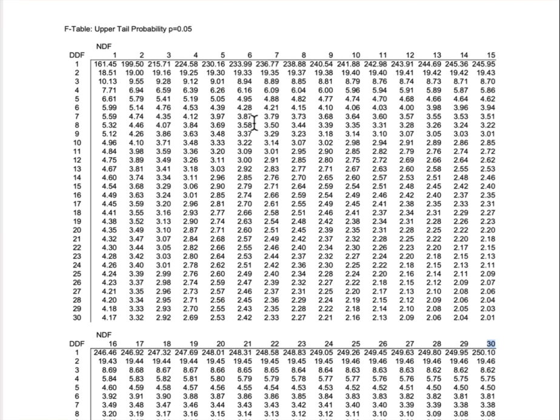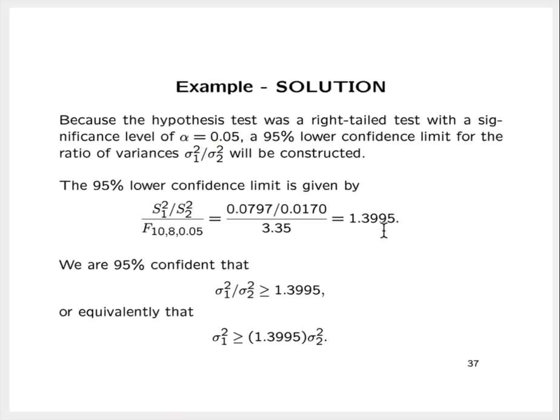And so here we have the upper fifth percentage point for the F distribution with 10 numerator degrees of freedom and 8 denominator degrees of freedom, so 3.35. And so when we do the calculation, the 95% lower confidence limit is then found to be 1.3995, or